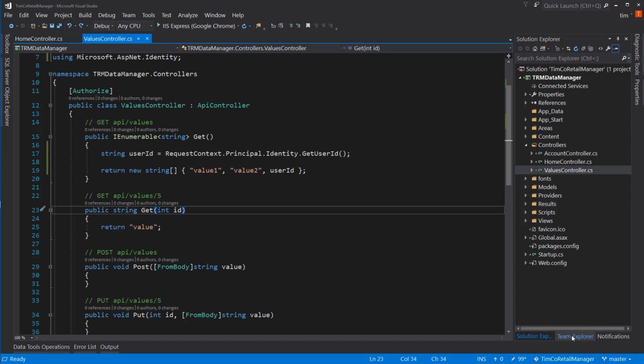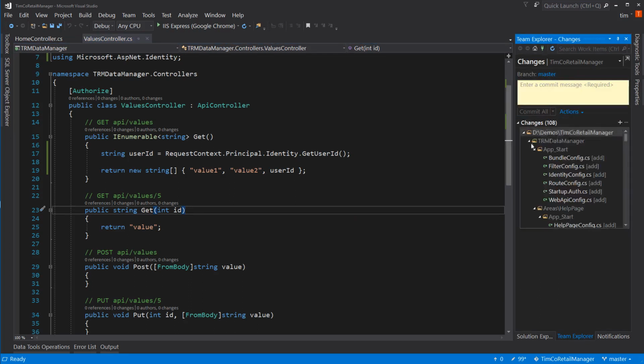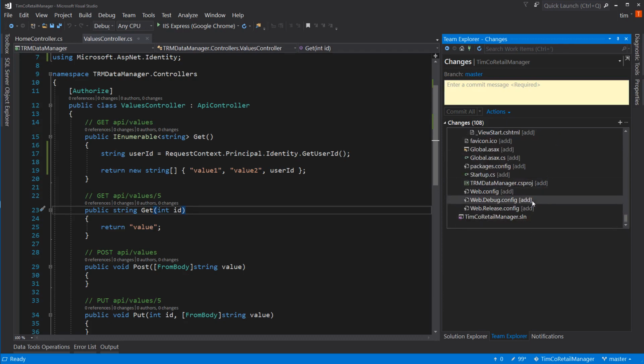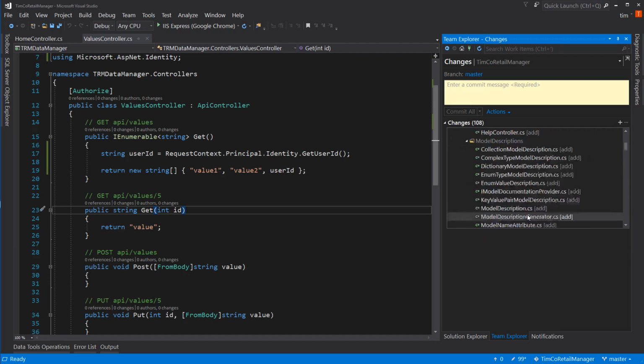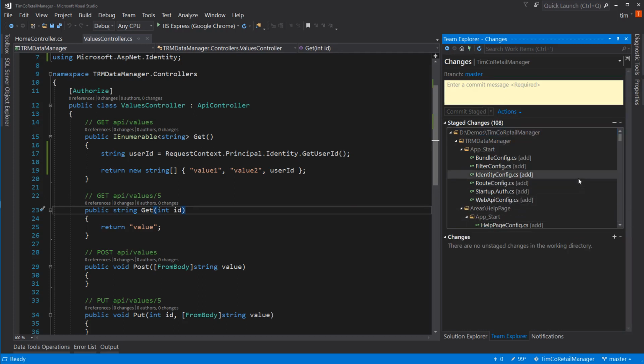So the next step we're going to do is go to Team Explorer and go to Changes. And notice there's a lot of changes. Now, normally I'd be a little more thorough in reviewing this, but the reality is I just added my project. I know that there's a ton of stuff. And I know it's all okay. So I'm going to hit Stage. And I just do a real